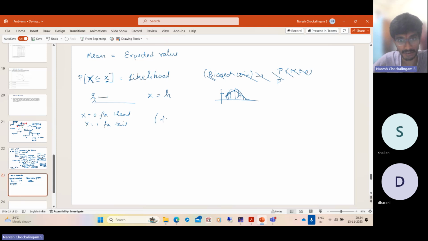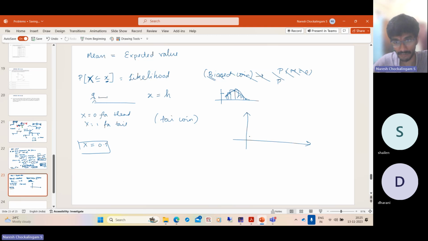If it is a fair coin, you perform the experiment infinitely many number of times. What is the expected value? You will get an expected value of 0.5, because both are equally likely. So the expected value is 0.5. That is the sense. From a geometric point of view,